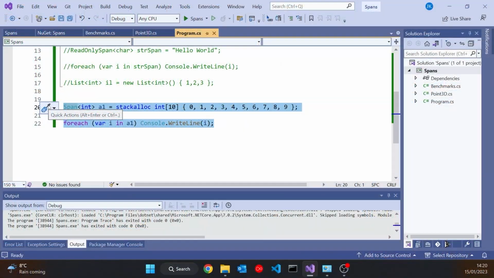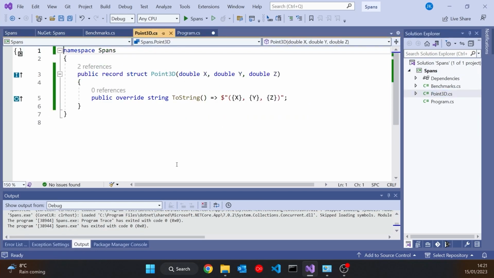And in fact, let's take a look at a slightly more practical example of where this can be useful. So we've seen it running through some simple collections and strings, but let's try something else. Let's take a look at this struct that I've written in advance called Point3D. We can see here I've done it as a record, because that just makes it nice and easy to generate, but it's a record struct. So this is a value type. This is going to tend to live on the stack. So again, no allocation. And the only thing I've done so far is given it an override so that it's got a ToString that will print out the coordinates x, y, and z.